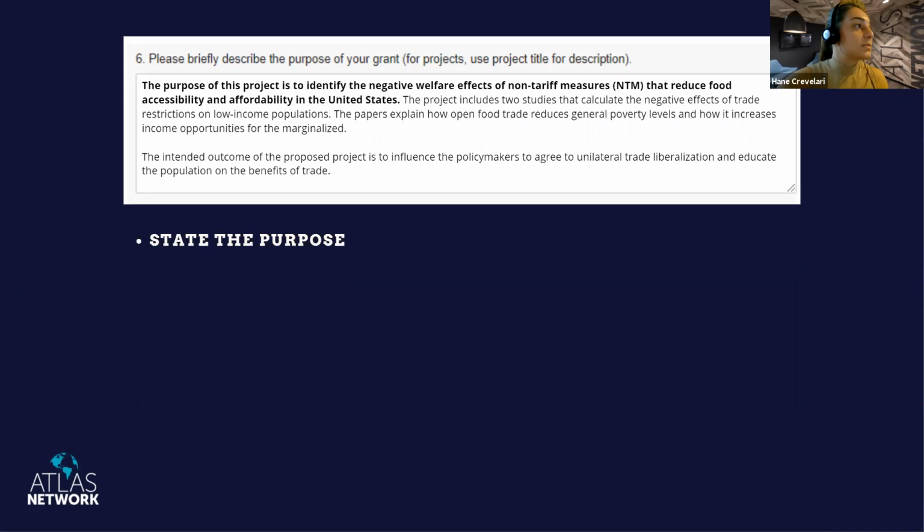So the question says, please briefly describe the purpose of your grant. This question is also on your original project proposal, so you could just copy and paste what you submitted during the proposal into this box. However, if for whatever reason the previous description does not reflect the project accurately anymore, I recommend following this simple